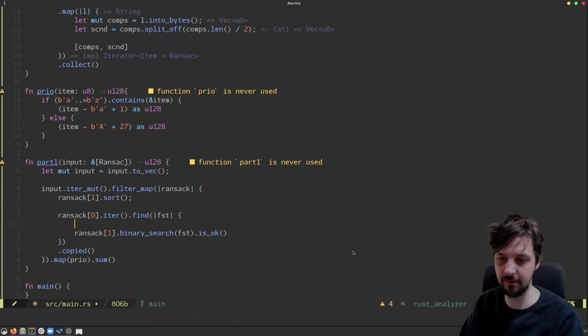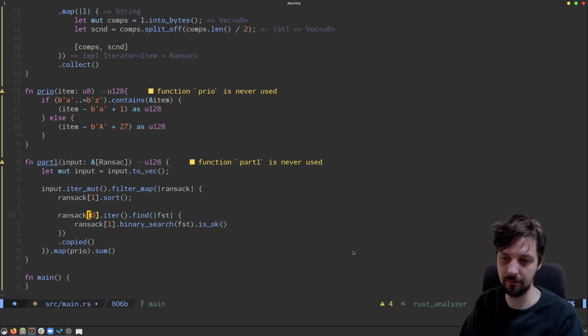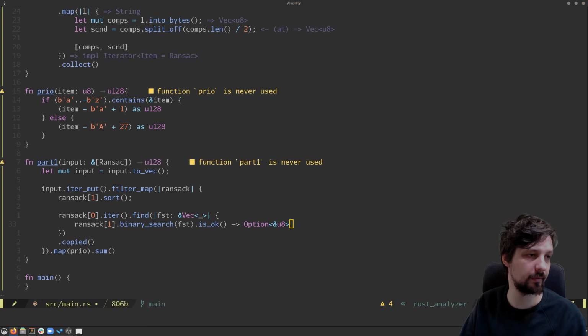So if this first is, I'll do it this way. So this is a borrow to a vector, right? So then this binary search also returns me a result or option, because it's option over u8. This is what happens with this binary search, I suppose. Or even binary search always works on